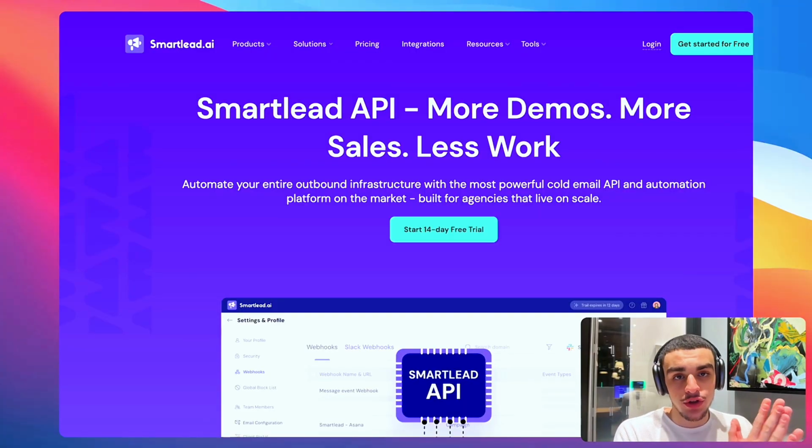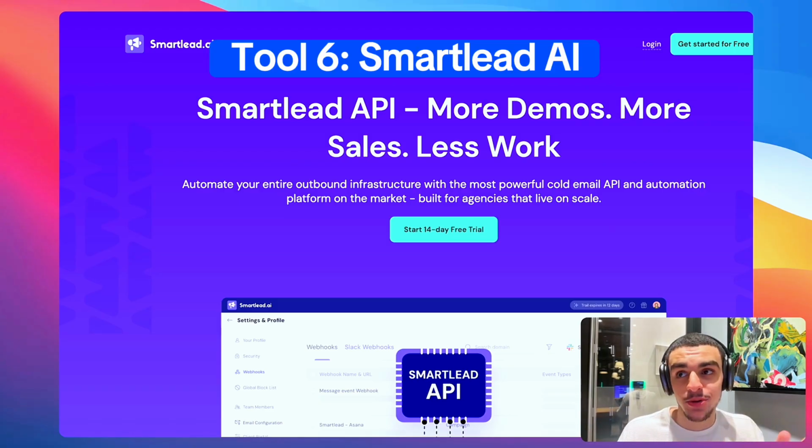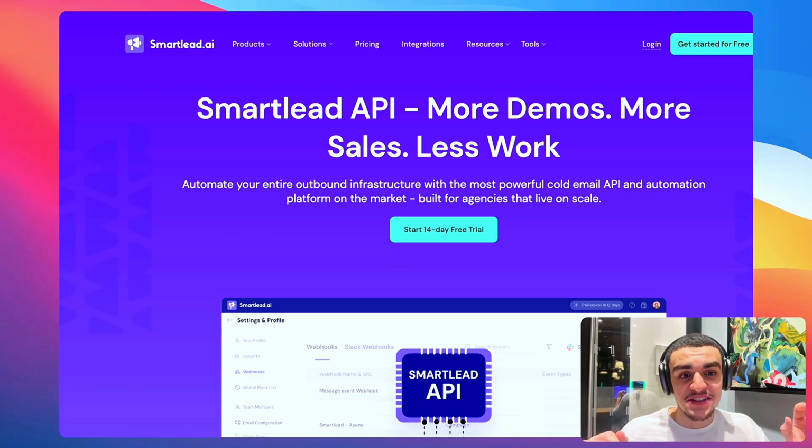Now, depending on your audience and your resources, you're going to decide whether you want to do cold email or cold calling for your outbound campaigns. LinkedIn outreach just hasn't been as effective from what we've seen. Cold email, you want to use SmartLead. So we use this tool across all our clients' campaigns. It is the most robust on the